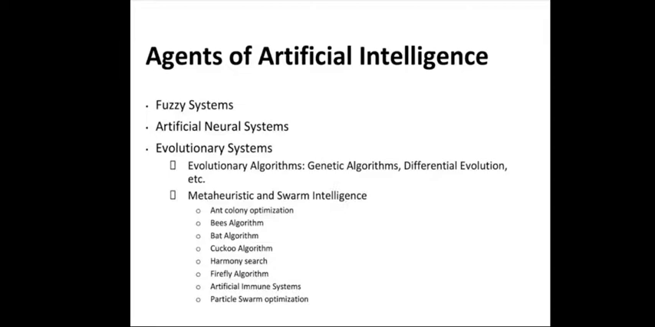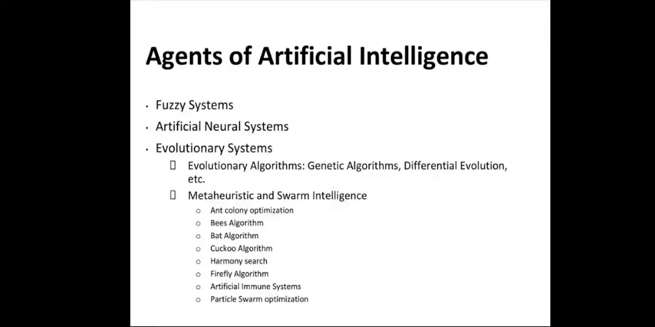And then came the advent of all these agents, for example fuzzy systems, neural networks, genetic algorithms, and many more, which I will describe in due course of time. We can see that these agents are fuzzy systems, artificial neural systems, and evolutionary systems. Evolutionary system algorithms mainly cover genetic algorithms, differential evolution, and then metaheuristic and swarm intelligence. Under these, we have ant colony optimization, bees algorithm, bat algorithm, cuckoo algorithm, harmony search, firefly algorithm, artificial immune system,